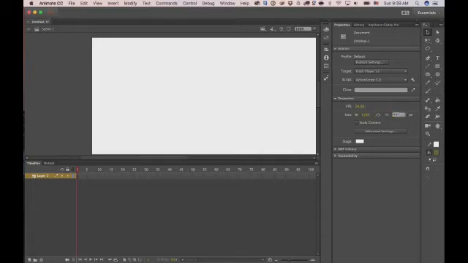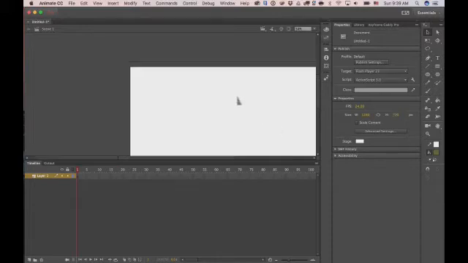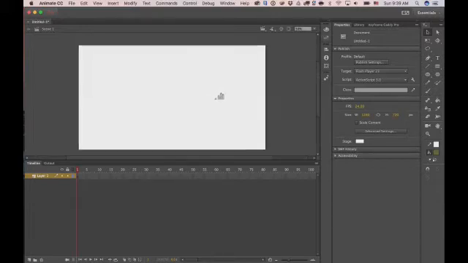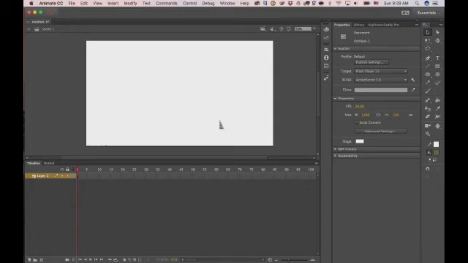First, we can change the size of the stage from here. You can observe, whatever size you want according to your requirement, you can change and adjust it according to your requirement.